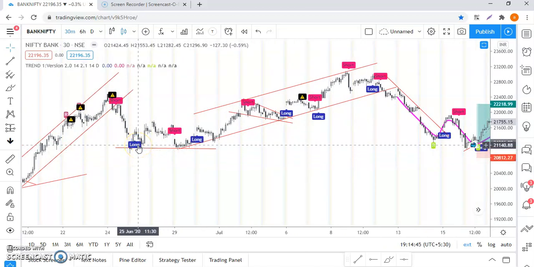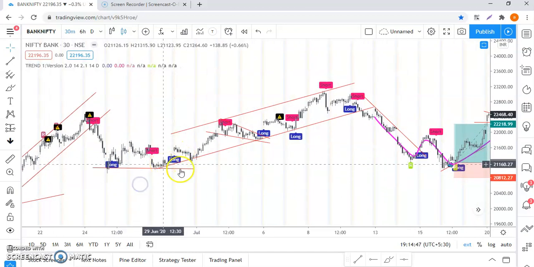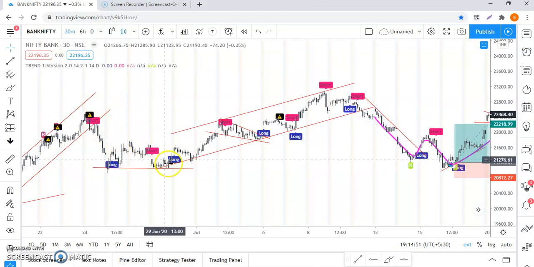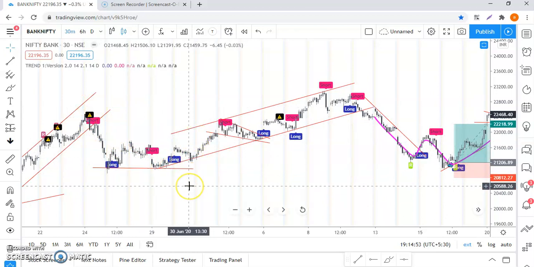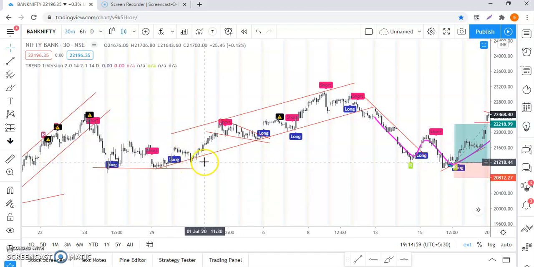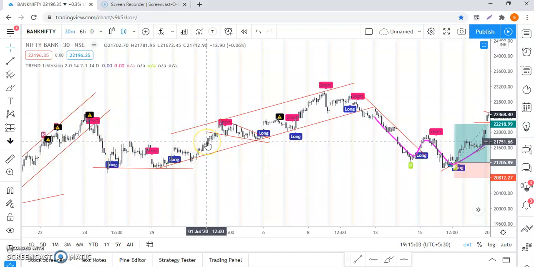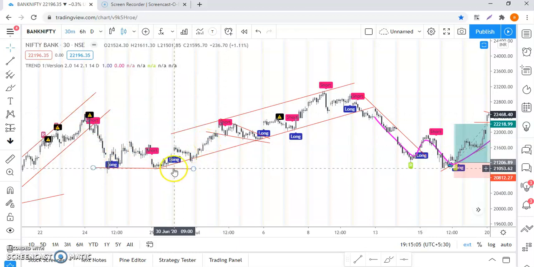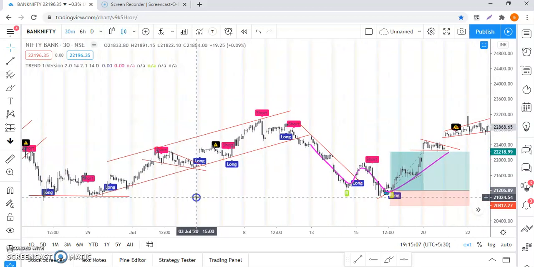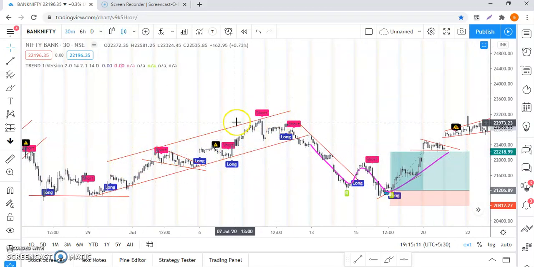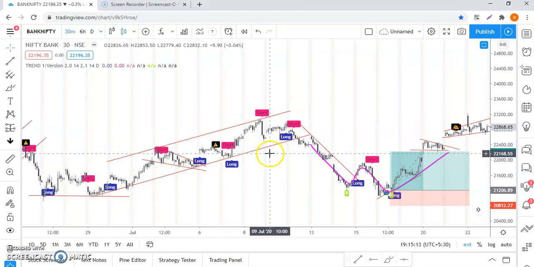Here you got a long. If you're not confident, don't take it. But here, if you got long and you're noticing a W pattern forming, then what in the world is stopping you from longing? You should immediately go for a long position, because this is the price action that every pro trader and every institutional trader follows. So you got long here. Look, comfortably within this channel you are getting long and short, right?